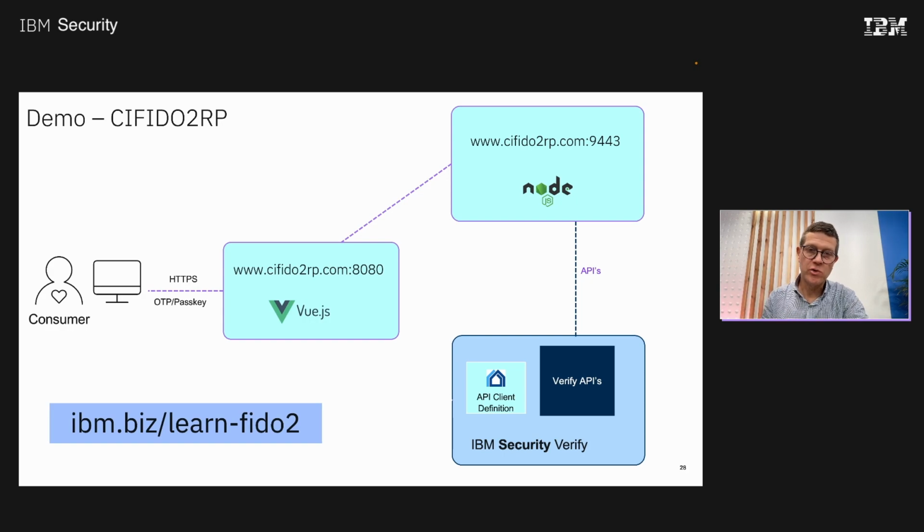And I will show you that first, and then I will show you how to build a Vue.js application using Node.js as a proxy towards the APIs. So the proxy is actually simplifying the usage of the APIs, because if you look at the API reference catalog, it can be quite overwhelming to see, okay, what do I need to do? What parameters do I need? So we try to simplify this